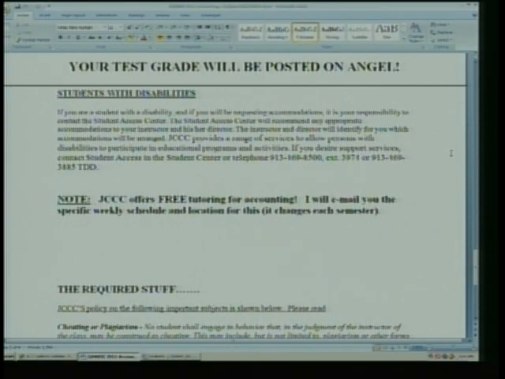This is for all students. Now, they usually offer this about 5 or 6 days a week here on campus. I'm not telling you right now what the specific hours and location are because it changes every semester. But on your syllabus or in a separate email, I will give you those free accounting tutoring times and dates